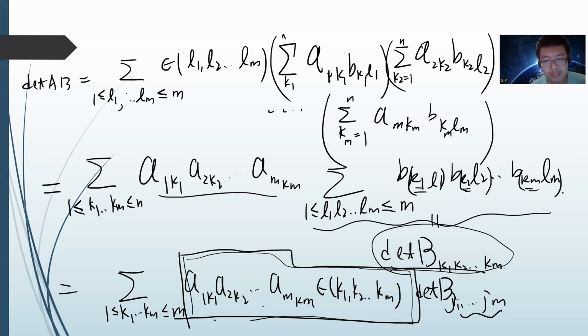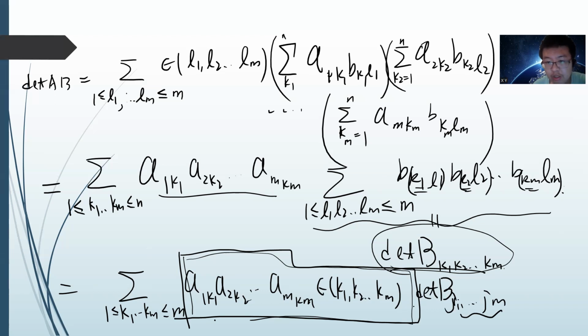Okay. And your determinant, K1 up to Km, will take an epsilon K1 K2 up to Km, right, and then sum over it. But notice that these K1 and K2 can actually be repeated, right? Because this K1 or K2 can be repeated. Okay, so this tells you that